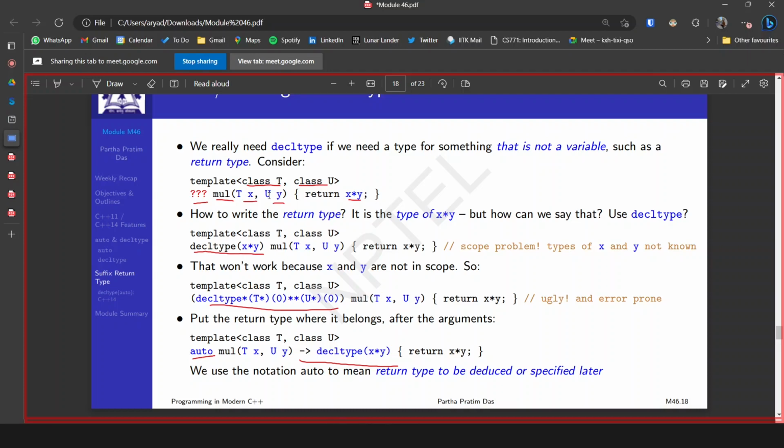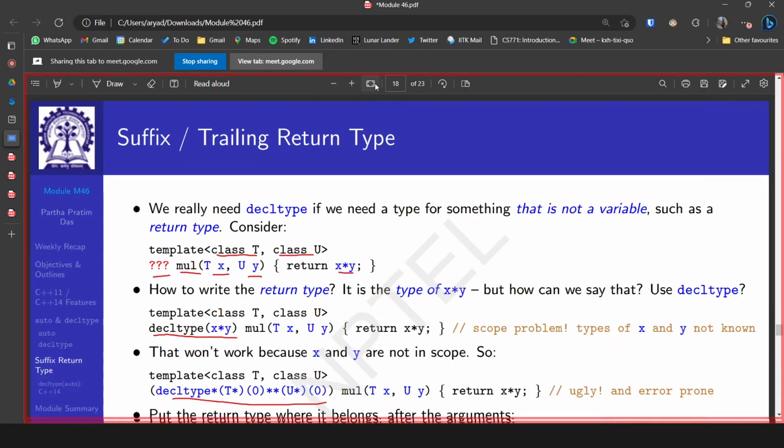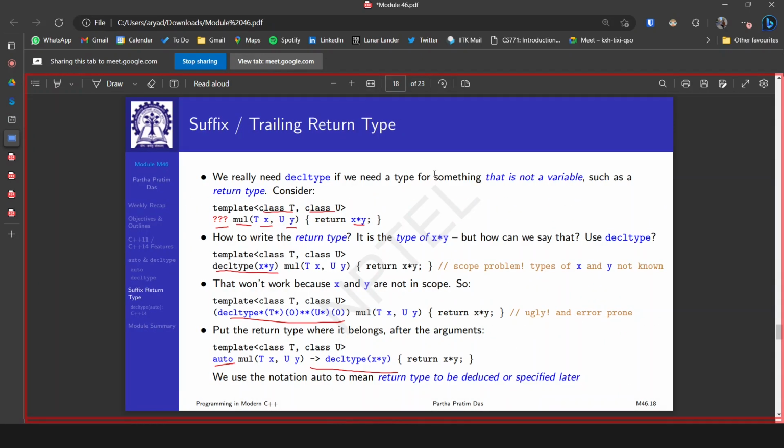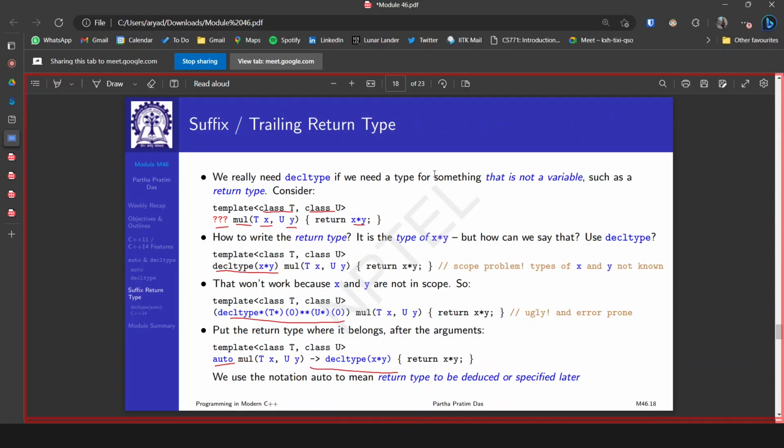Okay, so now the question is, why didn't we use decltype(auto) and then multiplication? So when you are saying this decltype(auto), then